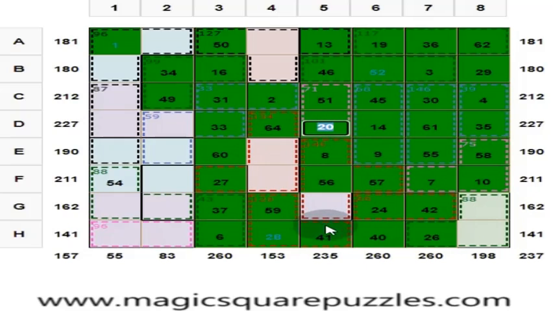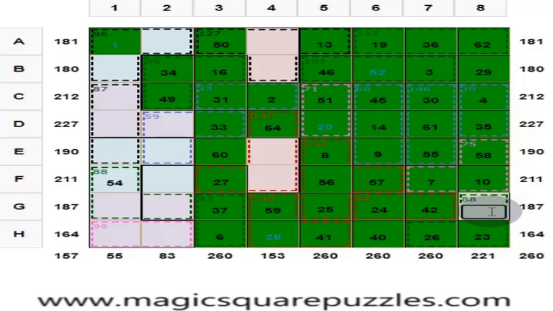Okay, and what is this? And this is, you see, 235. Here you put 25 to get 260. Okay, and what is this? 41 plus 40, 81. 81 plus 26, 107. Put here 23. And what is this? Here you put 39 to get 260. So two subsquares are finished. Okay, and then what else you can find out?